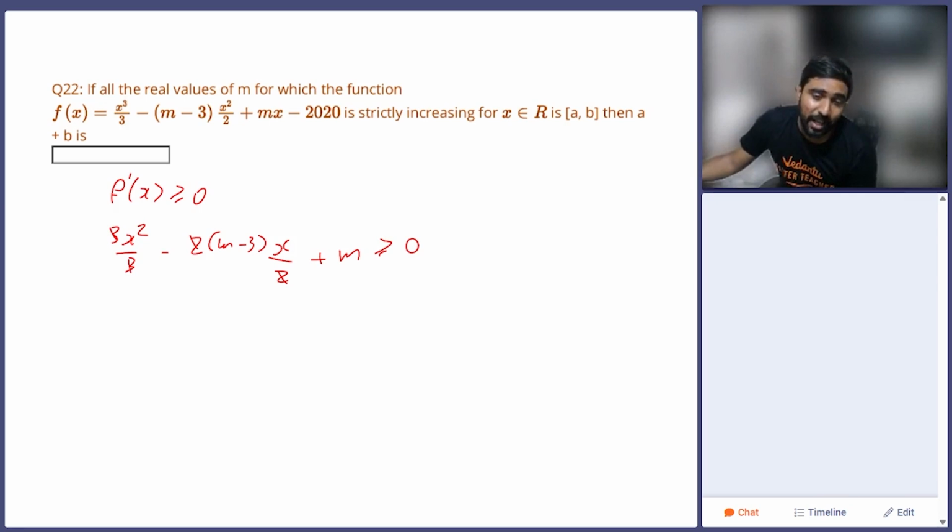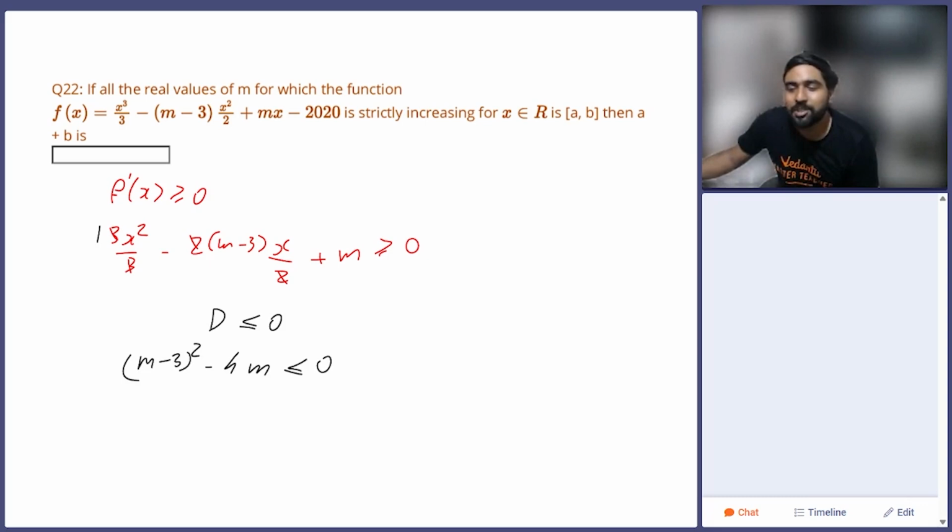This is the condition. Now the funda comes out: when can this expression with the variable m be greater than or equal to 0? A is already positive. Discriminant simply has to be less than or equal to 0. So what can I say? I can say that discriminant, b square minus 4ac, should be less than or equal to 0